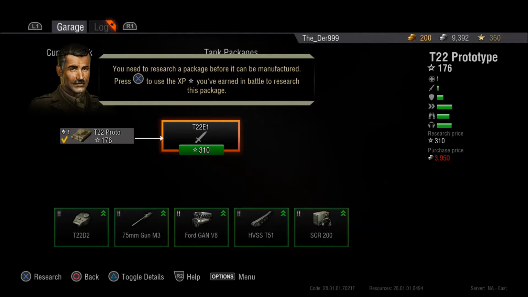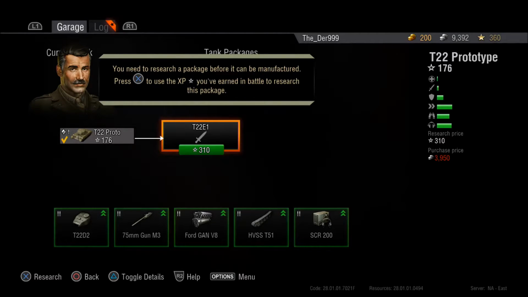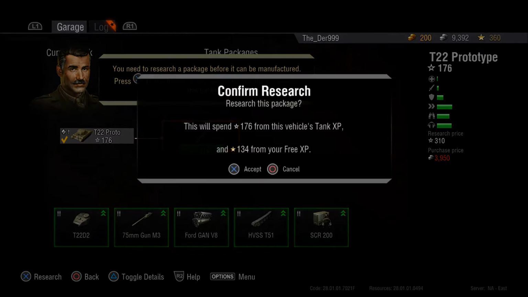Premiums almost always have better conversion rates from free XP. There's also a way to spend gold, which is the real-life currency, to convert your normal experience to free experience, which basically sits on premium vehicles. All right. And right now, he's asking me if I want to spend my tank XP to research it